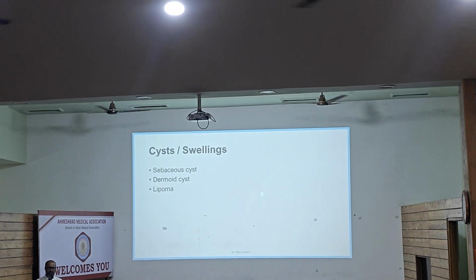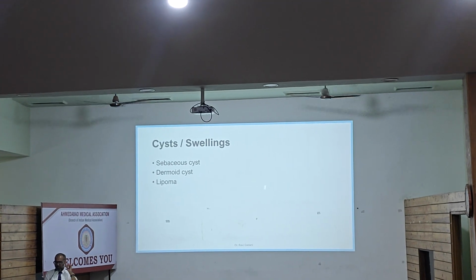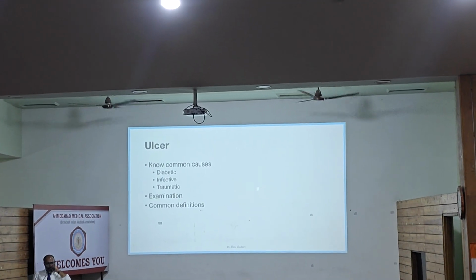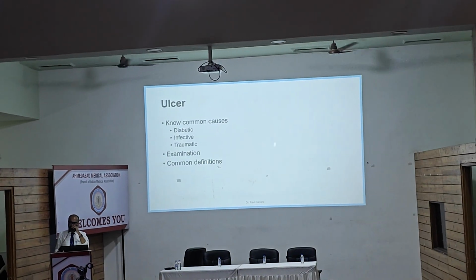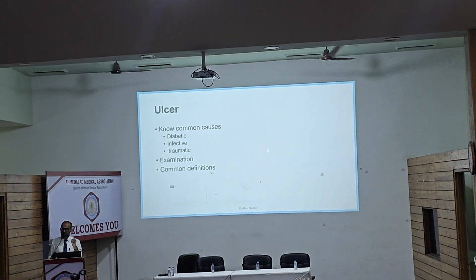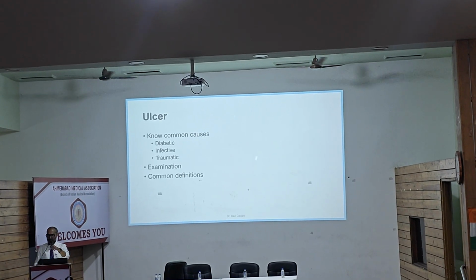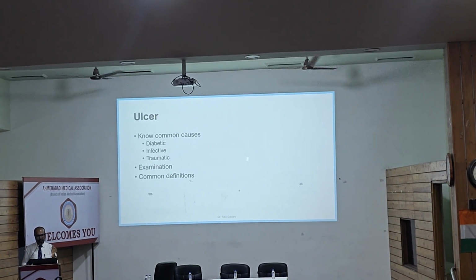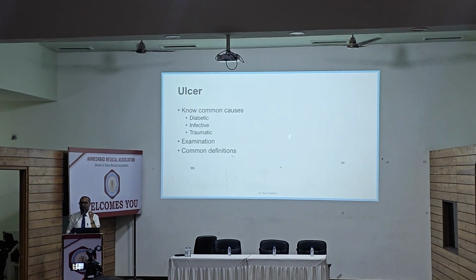What is multiple lipomatosis, numerous lipomas all over the body? Do they all require removal? No, they don't. Ulcer. You want to remember the common causes of ulcer when you are asked: it can be diabetic, it can be infective, and traumatic. These three are very common causes of lower limb ulcer, foot ulcer, which you will have a case of. Whenever you have a case of ulcer,